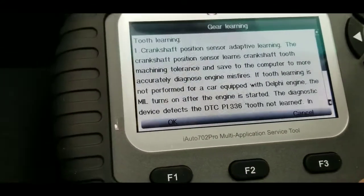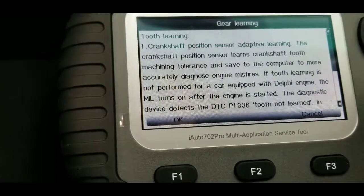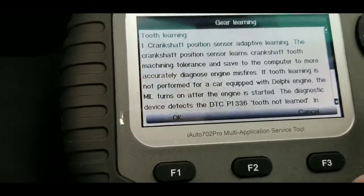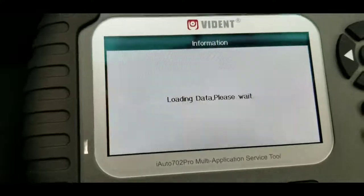Now, I don't know if any of this actually works. Tooth learning, crankshaft position sensor, adaptive learning: crankshaft position learns the crankshaft machine tolerance and saves it to the computer to operate more accurately. I have no issues with that right now. ABS bleed. If you guys end up buying this,